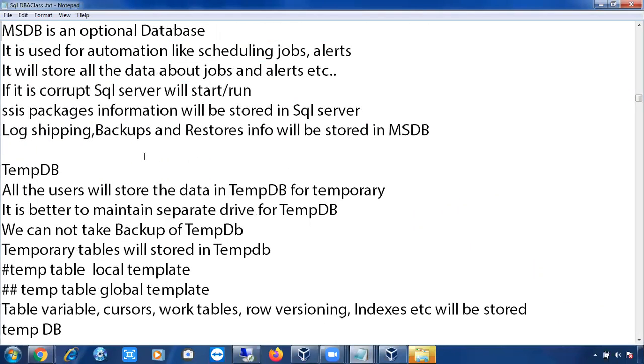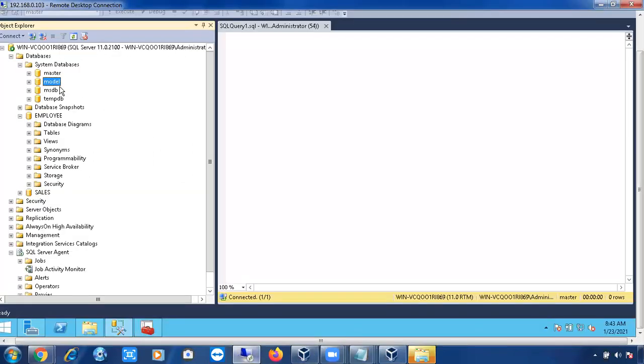I'm going to give you one assignment. Just open a model database session. Open a session from the model database. How to open a session from any database, not only from the model database? If I asked you to open a query or a session from any database, both are the same. How to open a query from this model database or any database?